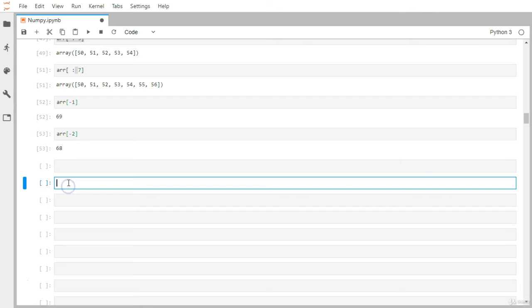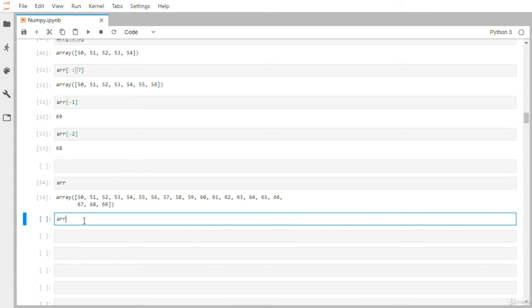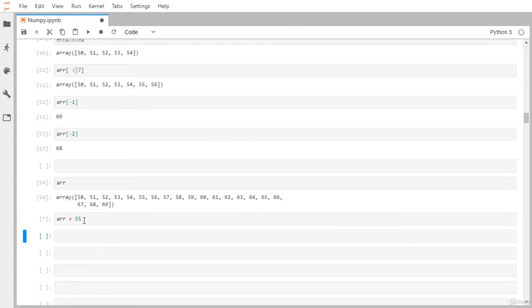Now let's do some operations we can perform on top of this NumPy array. Let's say you want to grab how many of those total elements are greater than, let's say, 55. Let me print the full array first. So I can simply compare with 55, and every single element in this array will be compared with 55 and it will return true or false.